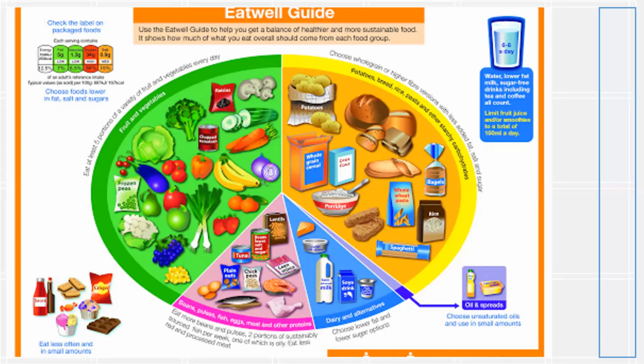And as you can see on the outside of the food group, it's got the crisps, the chocolates, and any snacks that we have that's high in sugar, salt or fat. And that sits outside of the food group because it doesn't have any nutritional value to it whatsoever, and we don't need it in our diets. And also in the top right hand corner, you can see we have 6 to 8 glasses of water as well.